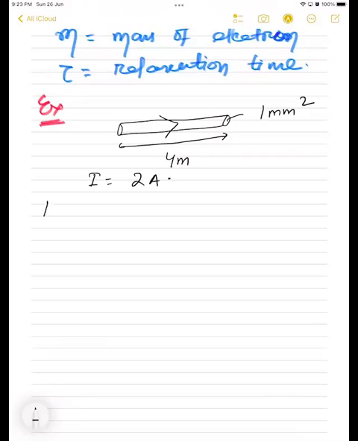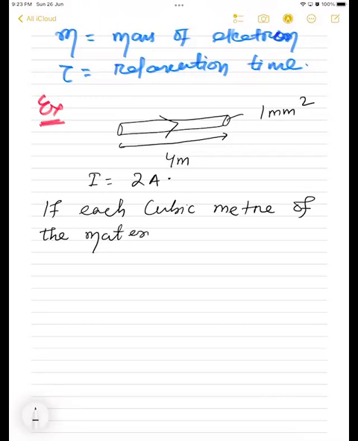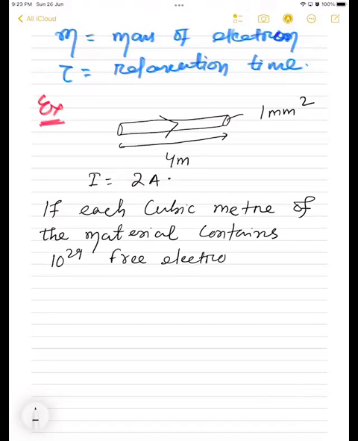Students, if each cubic meter of the material contains 10 to the power 29 free electrons,